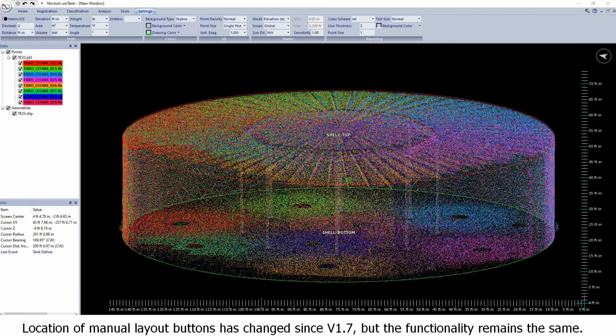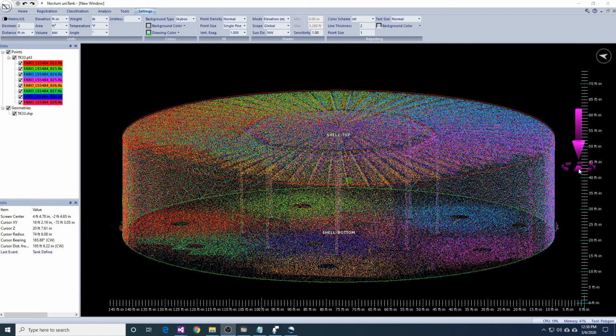In this video, I am going to demonstrate how to use uniTank to create shell layouts manually and automatically. If you haven't done so yet, you should watch the tutorial that demonstrates how to create floor layouts, as many of the same ideas are covered in that video. With that said, this video will move at a quicker pace with the assumption that you understand the basic ideas